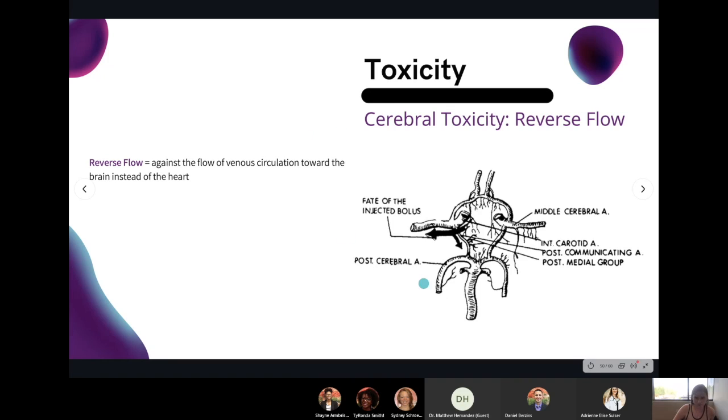And so this is where you can see from this picture, it's caused by something called reverse flow. You're pushing enough pressure into that syringe that it's going against the natural flow and directing directly into the brain instead of going